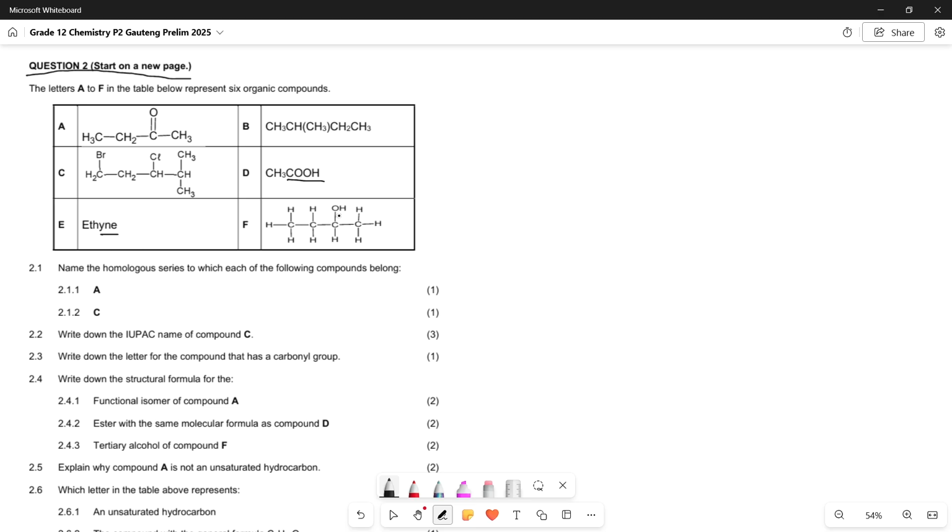And then as we can see here, we have an OH for F. This is some sort of alcohol with our hydroxyl group over there. So 2.1 says, name the homologous series to which each of the following compounds belong. We just ran through them quickly, but 2.1.1, A is a C double bond O over there, which means we